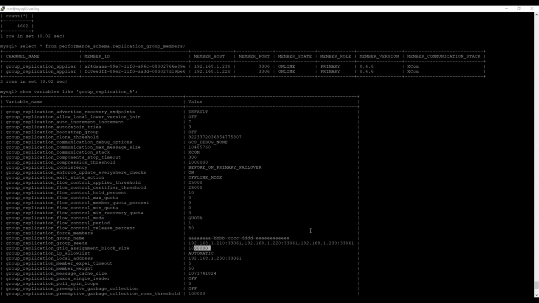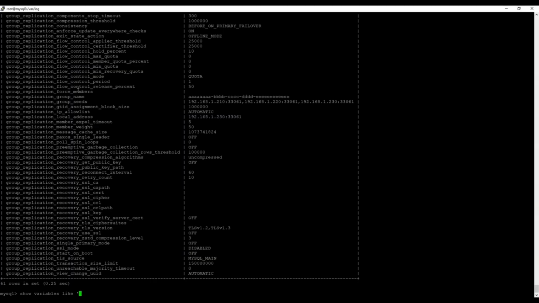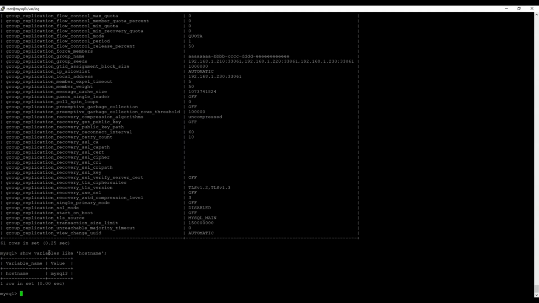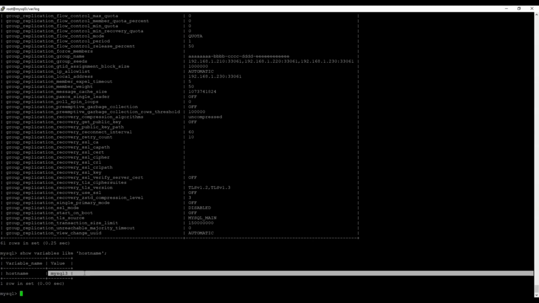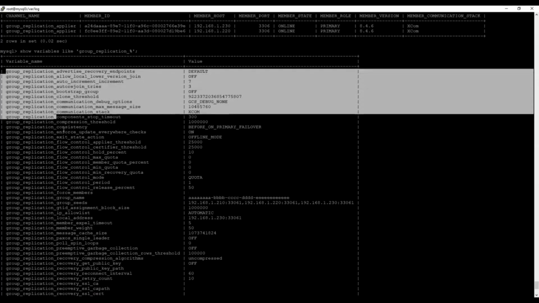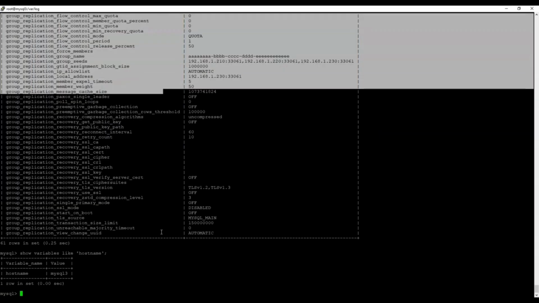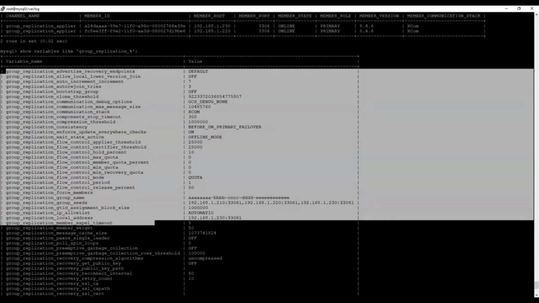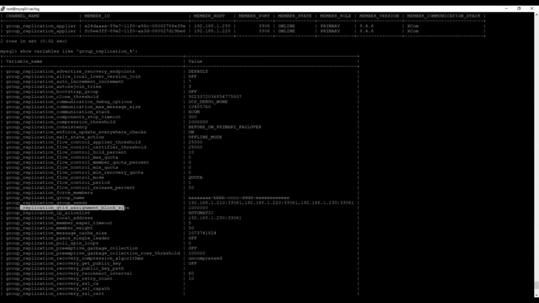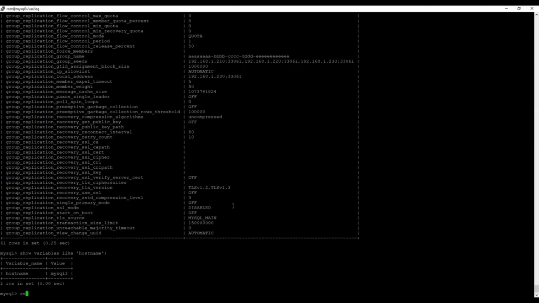Let me also show the host name for this thing where the clients connect, MySQL 3 and on port 3306. These are all the variables that influence the group replication. So if you see this thing, group replication GTID assignment block size 1 million. So each member is assigned a bunch of 1 million GTIDs. That's why you saw that